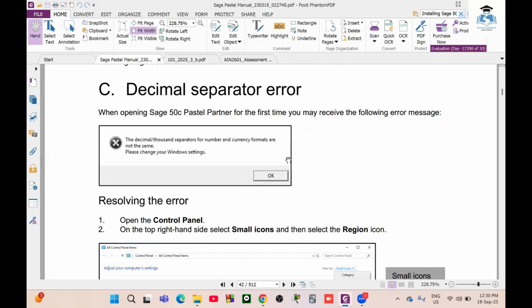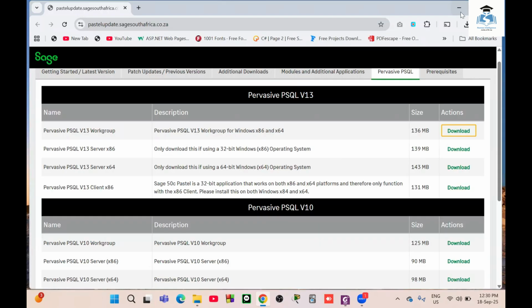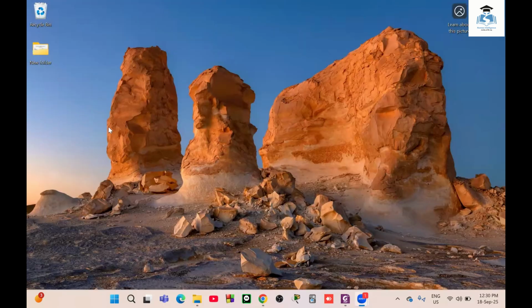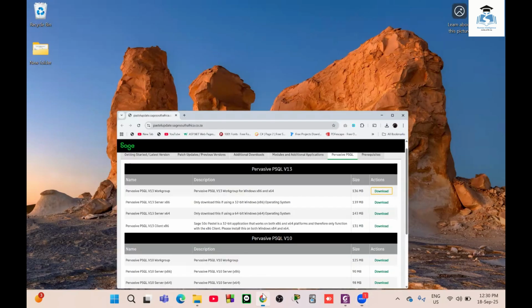After that, when you now want to run your Pastel, it will be on your desktop. Normally, I remove things from my desktop. As you can see, it's very clean, except this folder. But when it's here, you double click it, then immediately